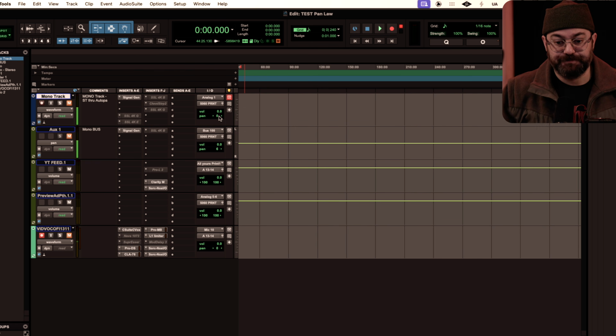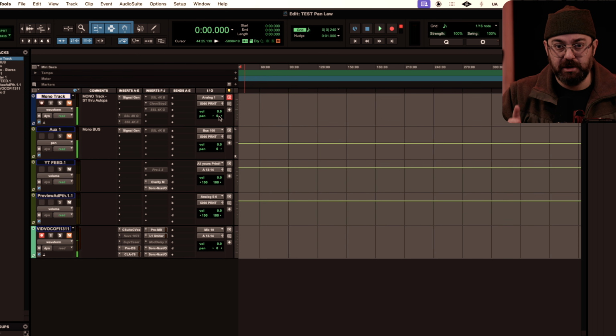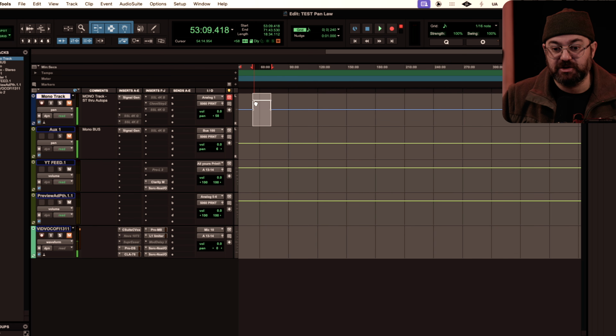The second thing is, this is only relevant in one circumstance. It's relevant when you draw automation in. In other words, you come in here, you go to pan, and you actually draw in what you want. So that means maybe you have something like this going on, and you draw in a move from one side to the other through the center. When you do this, pan law is in effect. So the reason I use